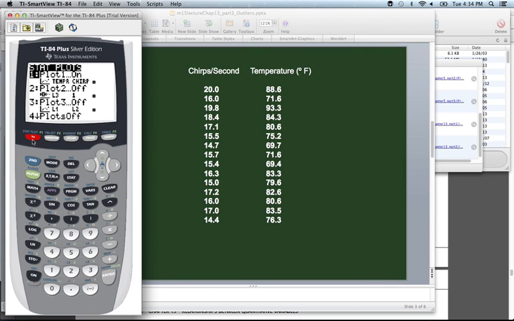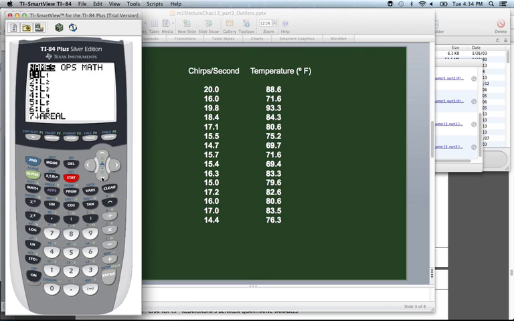So I'll press second y equals to take us to the stat plot menu. Then I'm going to choose plot 1. It's on. Choose the scatter plot icon, and then we need to cut and paste these lists in here. I already have the right lists in here, but let me just demonstrate. I'll clear those out and assume that I had the wrong lists in. So I would just clear out the list and then go second stat,